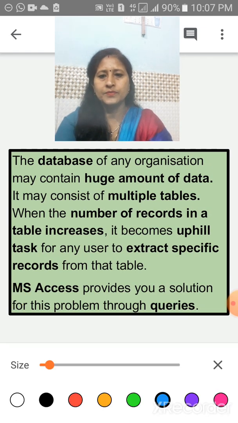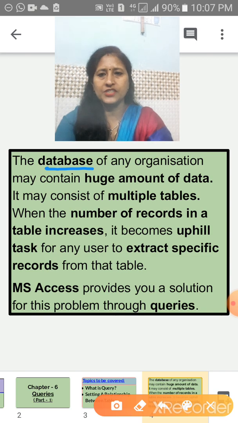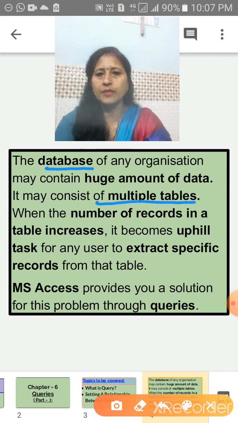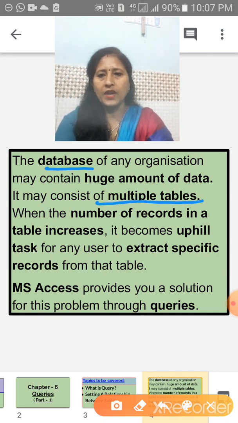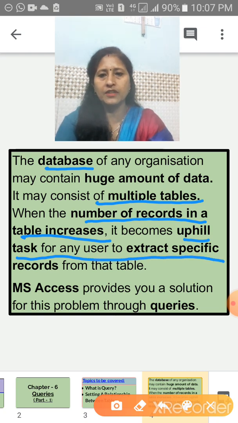Now children, the database of any organization may contain a huge amount of data. It may consist of multiple tables. When the number of records in a table increases, it becomes an uphill task for any user to extract a specific record from a table.